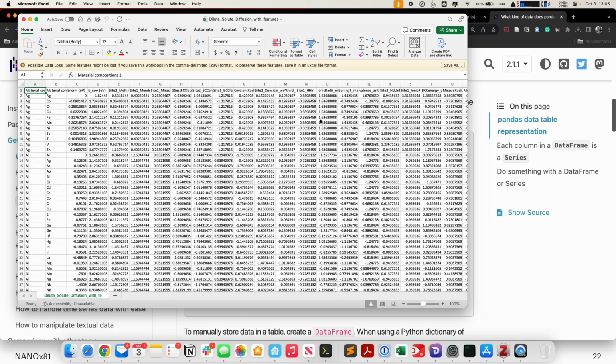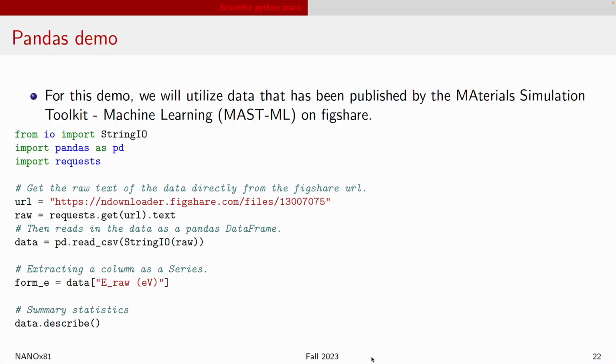Okay, so you see that essentially this is a very, very huge Excel spreadsheet, okay, with different columns of numbers. You can see that there are pairs of elements that are related to each of these numbers, okay, and basically what we are going to do is that we are going to load that data into a pandas data frame, and then we are going to do some manipulation on it. Okay, so